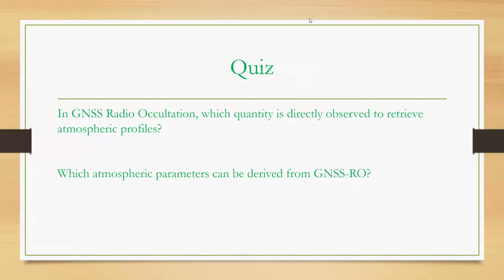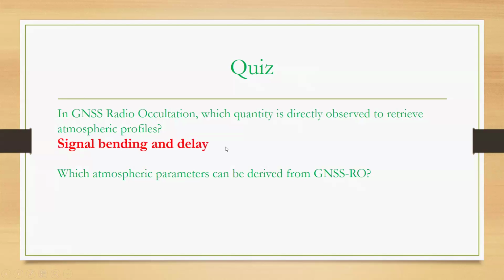The bending angle, okay. So I think we are right. The bending angle and the signal delay actually, but mostly the bending angle. Yeah, so that is the quantity from which, from that bending angle, we're now able to